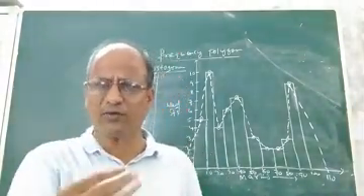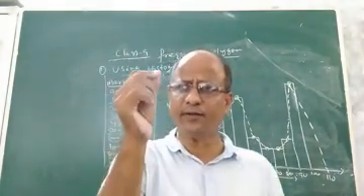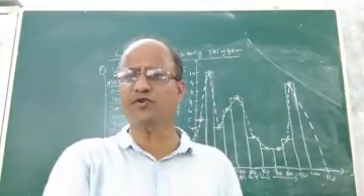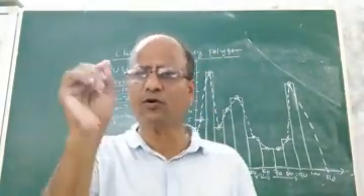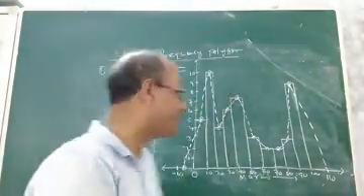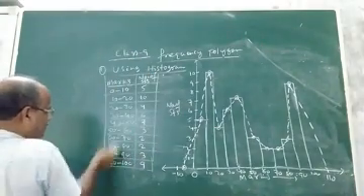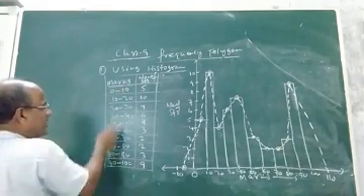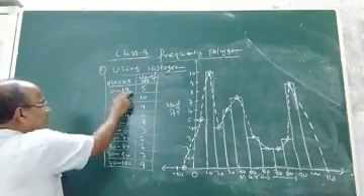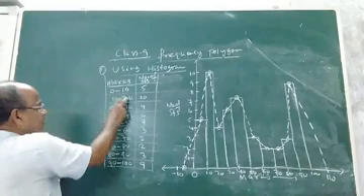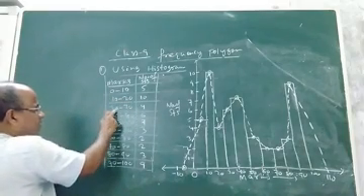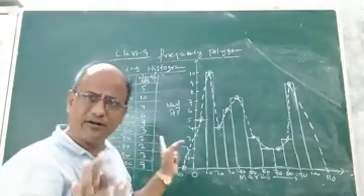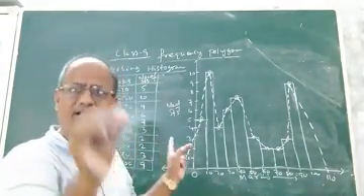That means, in order to construct frequency polygon of a given continuous frequency distribution, first you have to construct the histogram. As the classes are continuous, all the classes have uniform width. What is the width of each class? 10 minus 0 is 10, 20 minus 10 is 10, 30 minus 20 is 10, 40 minus 30 is 10, etc. That means here all the classes are continuous having uniform width or class size, that is 10.